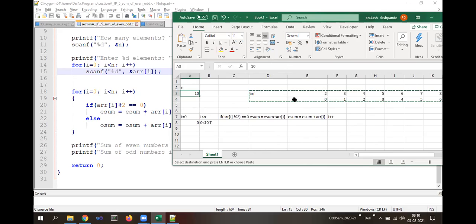Okay. Then ARR of 0 is 2, 2 modulus 2 is